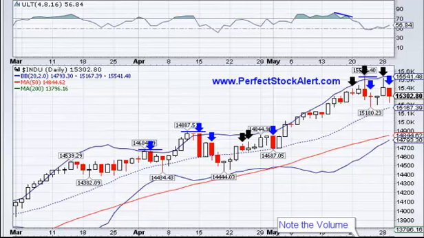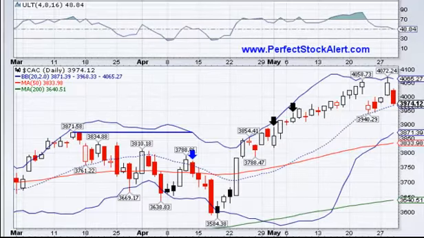Looking now at the French CAC 40 index, you can see basically what we talked about last week is happening. We had this gap down scenario, and we said, okay, we'd like to see this come up here and fill that gap, and that's what it did. And then it started to roll back over. It gave us another little gap here.